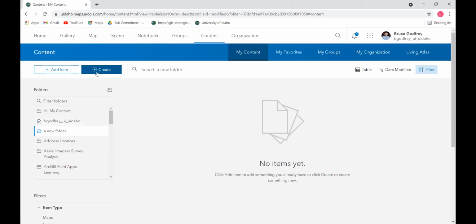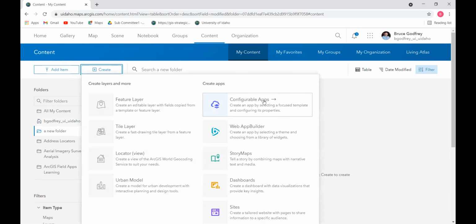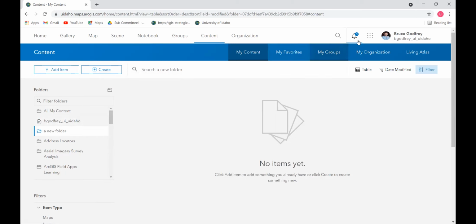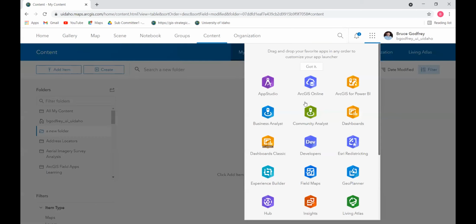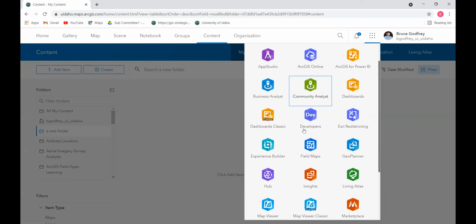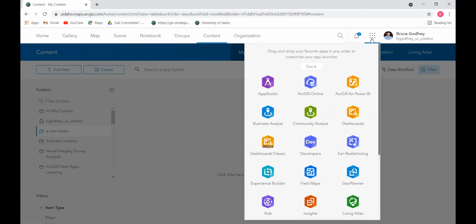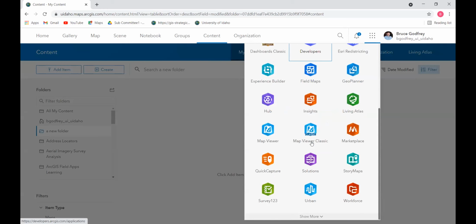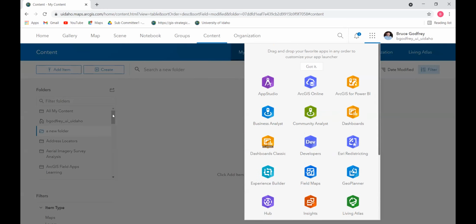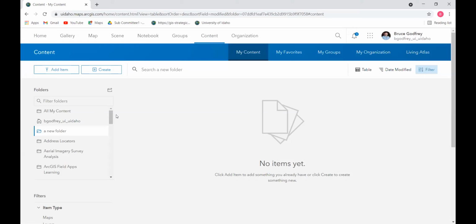And you can also create apps from here. We talked about some configurable apps and story maps and dashboards and web app builder you can get at from right here. You also have the ability to a wide range of those apps we talked about from the little checkerboard menu up here that lists quite a number of those apps. But for this demonstration, where we're going to add some data and make a map,